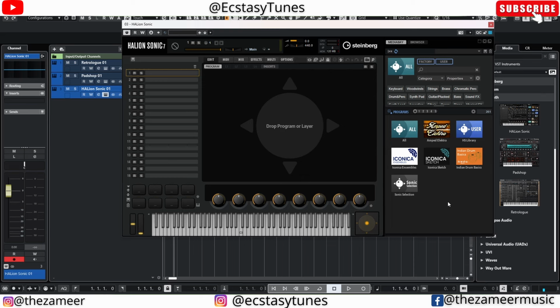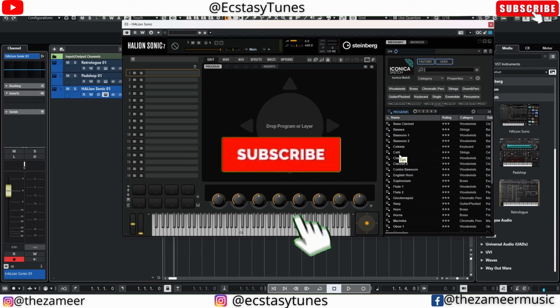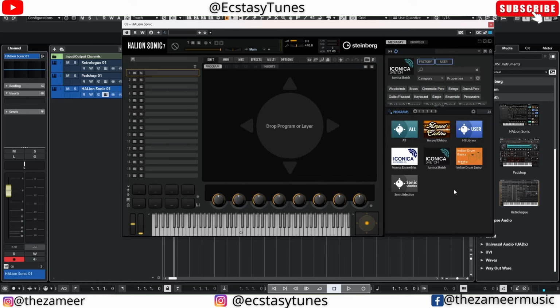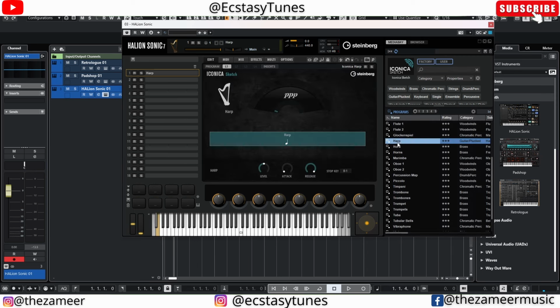All right. So one of my favorites currently is Iconica Sketch. I use this all the time. It's very CPU friendly. I can actually sketch a really good sounding orchestral composition with Iconica Sketch alone before I start adding other orchestral libraries to layer it, you know, to make it sound better. So Helen Sonic is another great instrument that I use all the time. So you guys should definitely check this out too. So let's hear some of the sounds from Iconica Sketch. I'm gonna go and find a harp. Let's do with harp. Okay, so